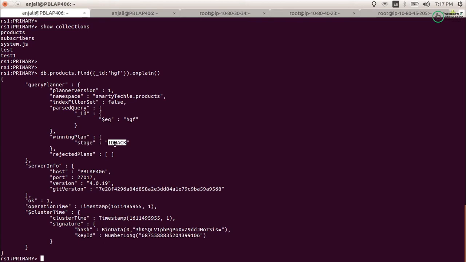It is actually MongoDB creating the index on id itself. We don't have to create the index on id ourselves, because MongoDB creates the index automatically on id. So the index created on id is called the ID hack. That means my query this time is going to be very helpful, and it is not going to impact any performance.